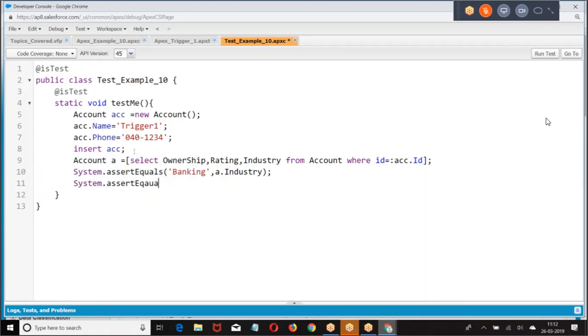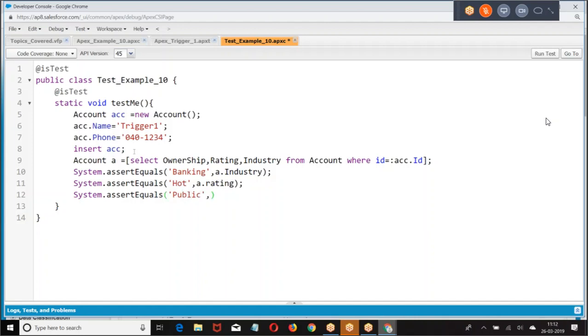System dot assertEquals, then we have rating. System dot assertEquals, then ownership.